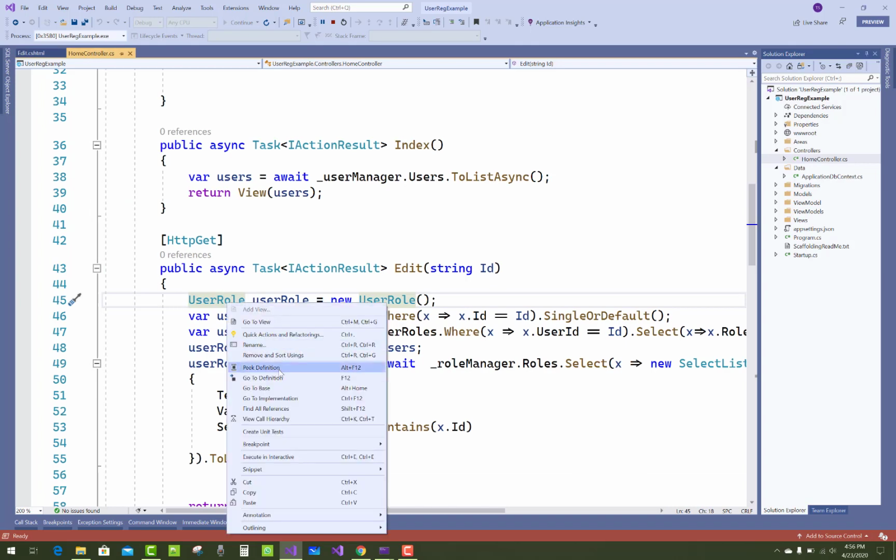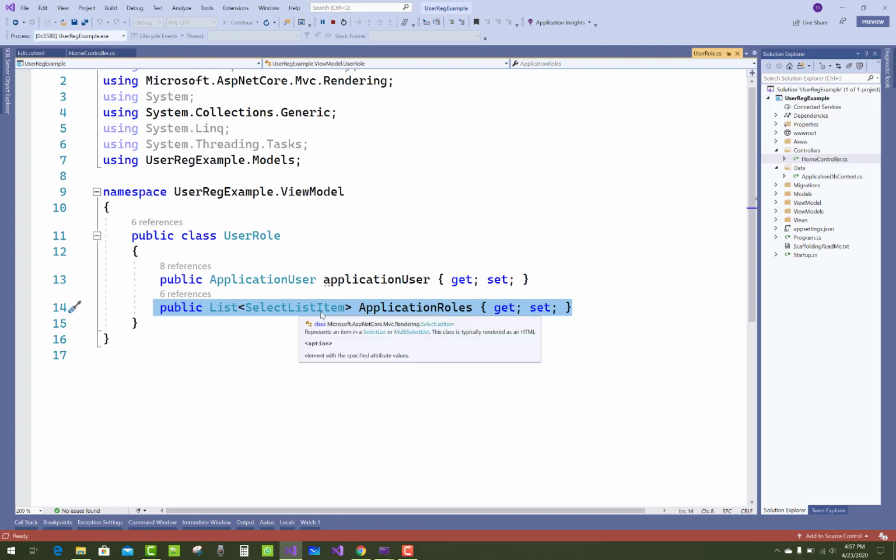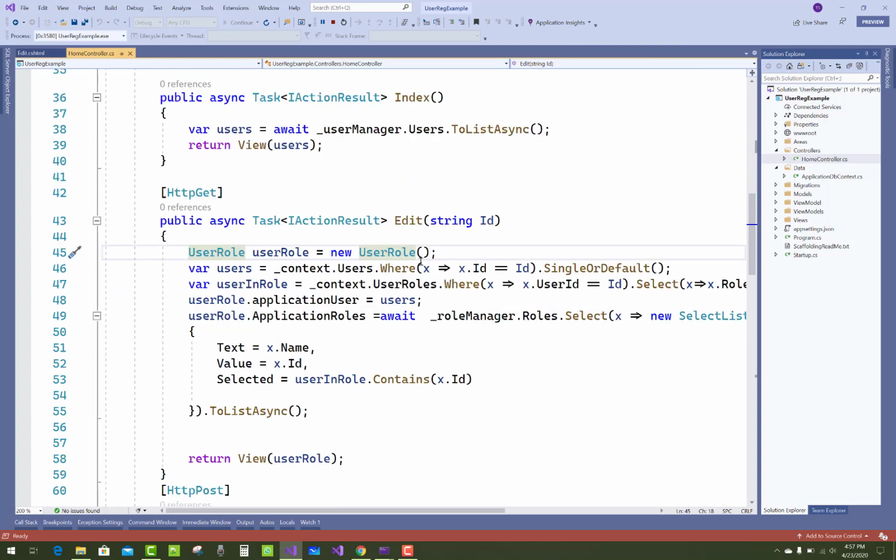User roles, and go to the definition. Here we have a single ApplicationUser class and a list of application roles with the list of SelectListItem class. First of all, get the ApplicationUser class. The user is context.Users.Where(x => x.Id is the given ID).SingleOrDefault, so we get a single user.